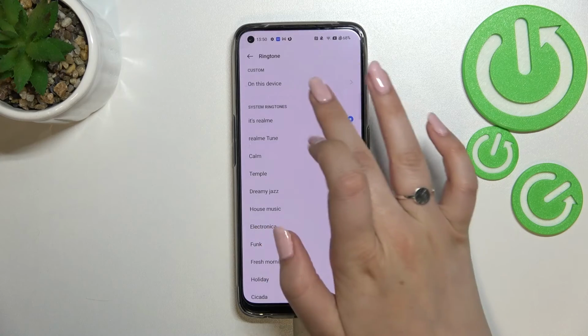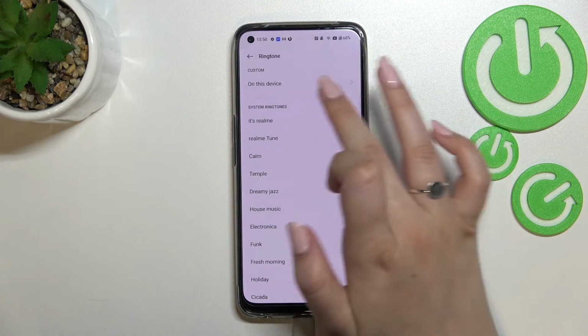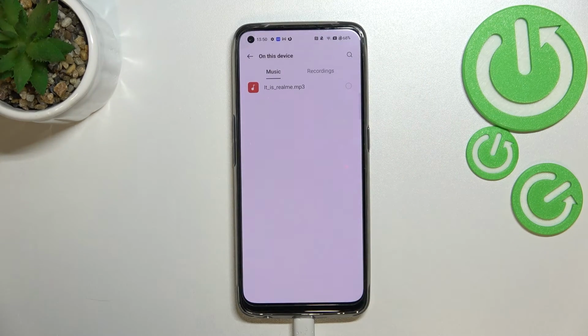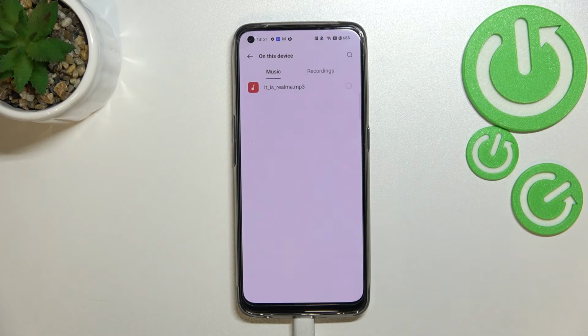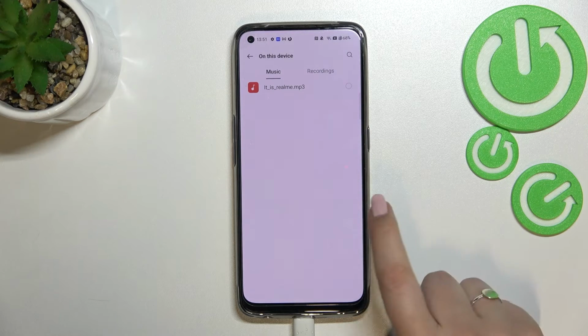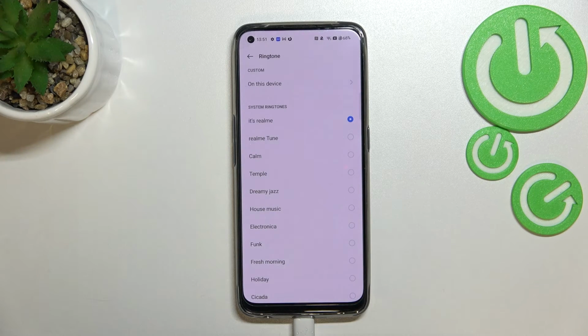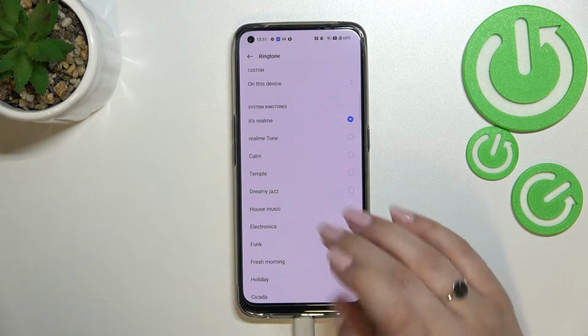What's more, we can enter this on this device option, which simply means that we will be able to pick the file which we've got currently saved on our device, for example, which was downloaded from the internet or recorded. As you can see, you've got the recordings here also, so you will be able to find it and set it as a ringtone. But let me pick something from the defaultly installed ringtones, and basically all we have to